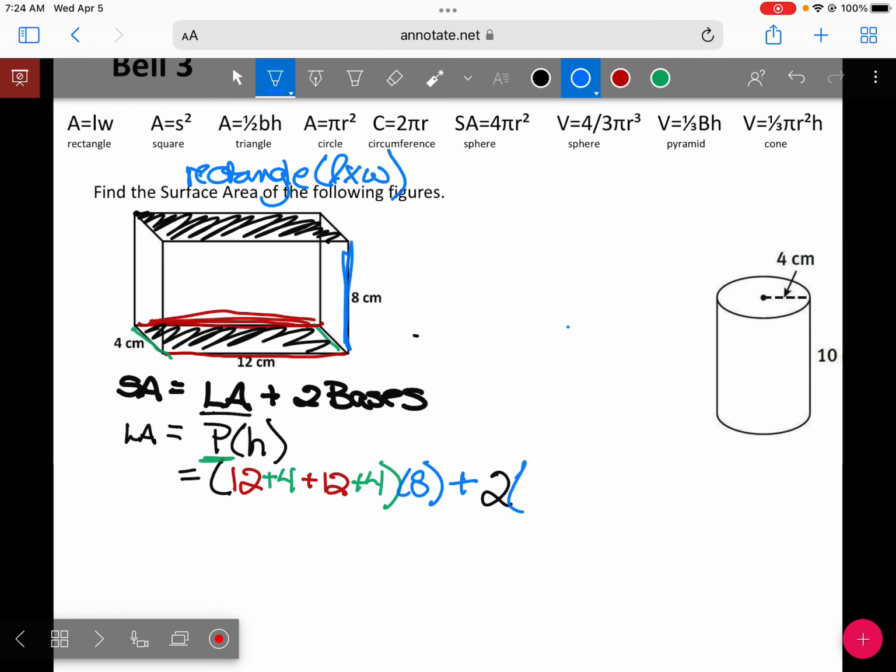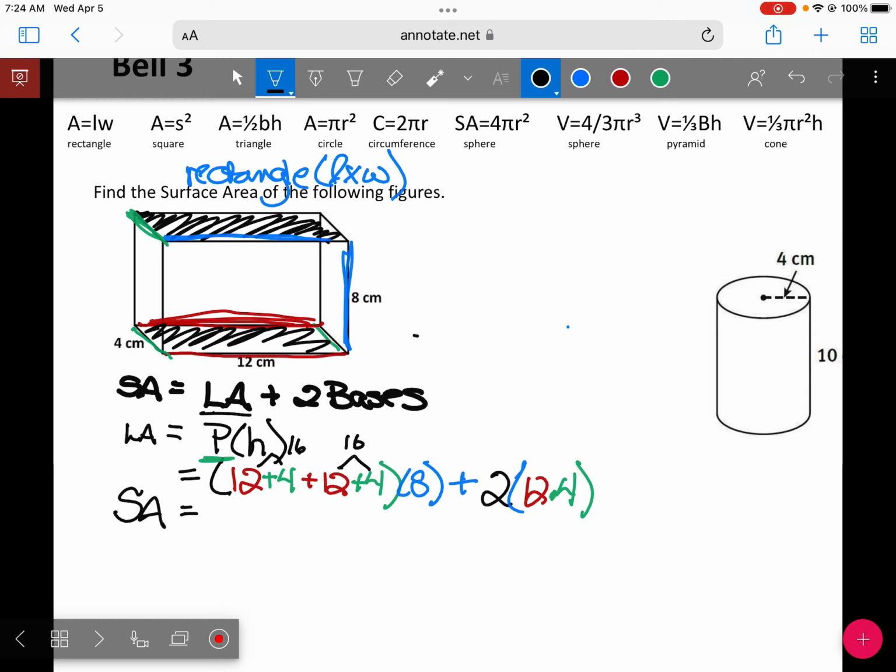So the length here is also 12, and the width of that rectangle is also 4. Length times width. All right, so surface area is equal to 12 plus 4 plus 12 plus 4, which is